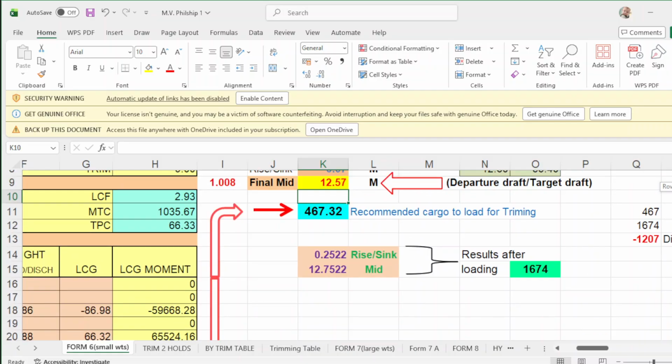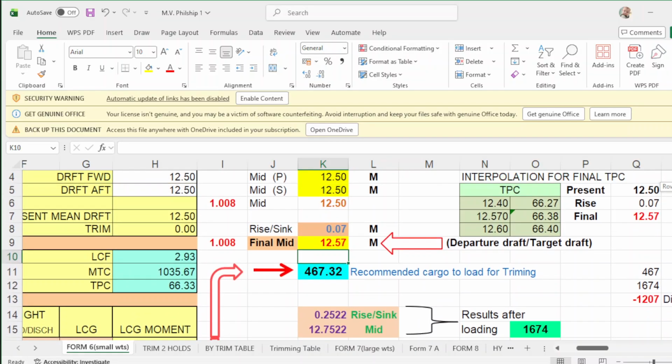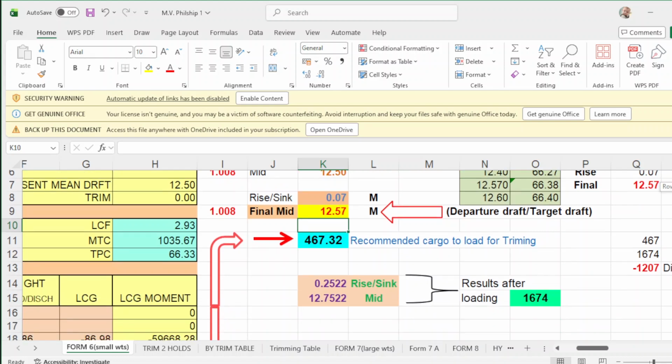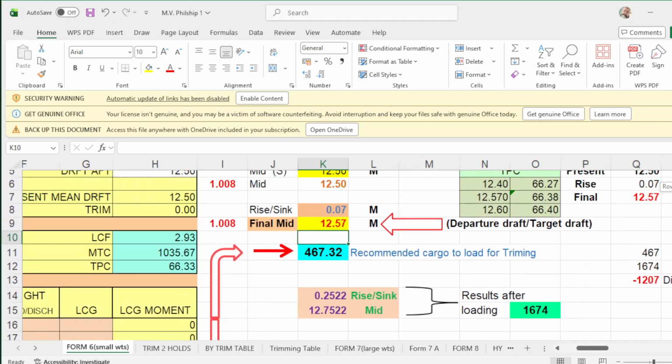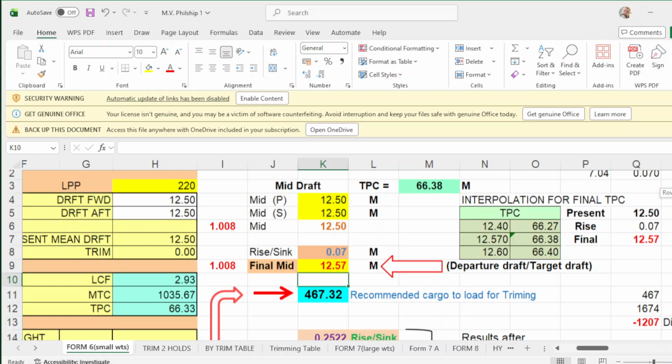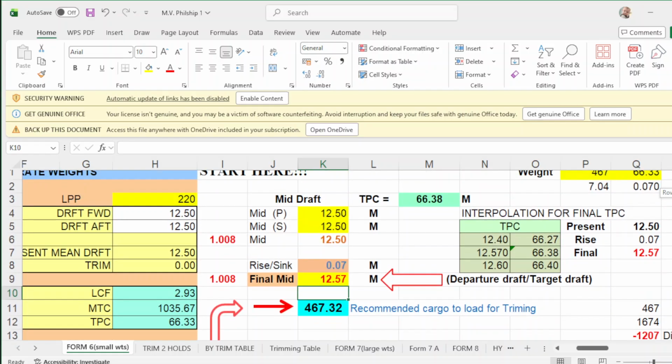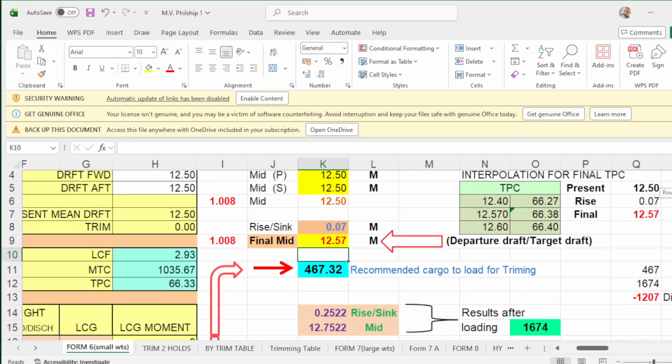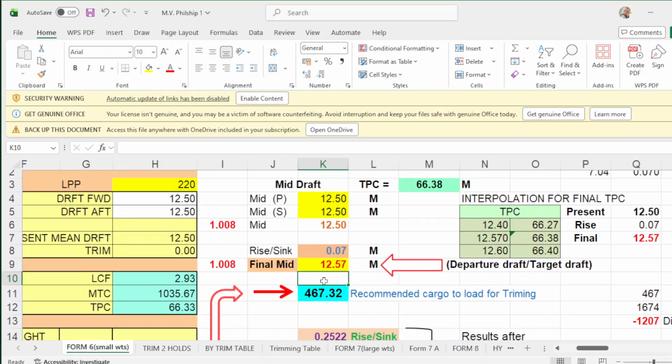For example, you're loading at the load port and your present drop is 12.50, and your departure drop is 12.57.